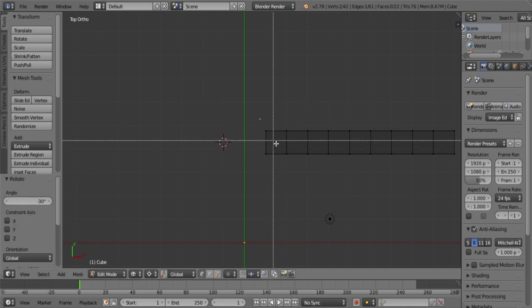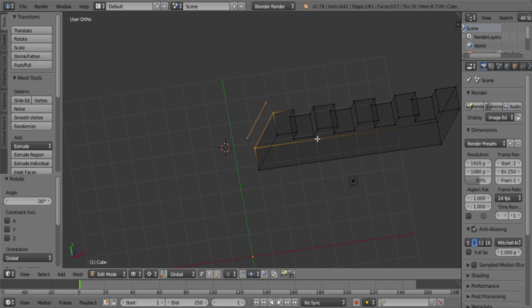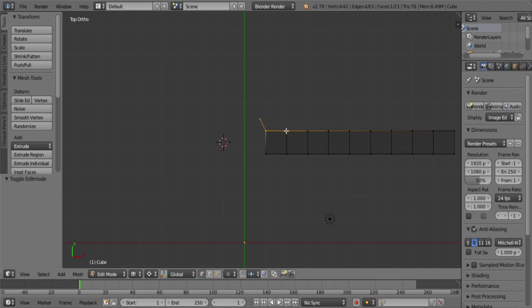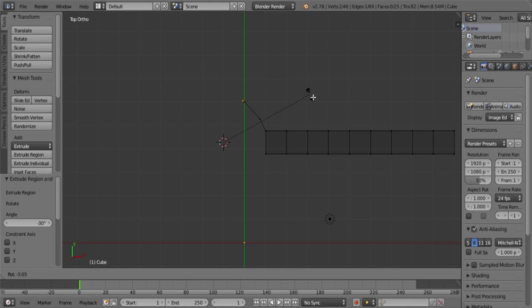Box selection. And I'm going to fix this. I press F. Now back to top view, keypad 7. I press A. Box selection, this one. And I'm going to extrude again. Extrude. Rotate another 30 degrees, like so. Then extrude, rotate, holding down Control, another 30 degrees. And I could continue like that, but that's quite tedious, so I'm going to use another tool we have in